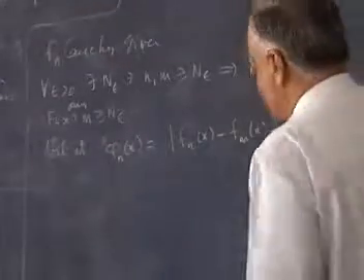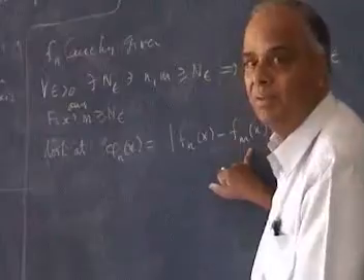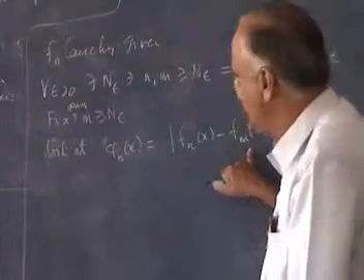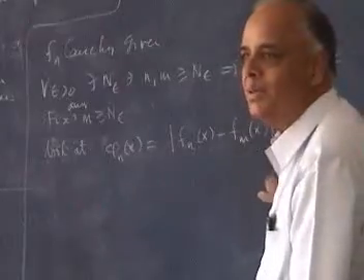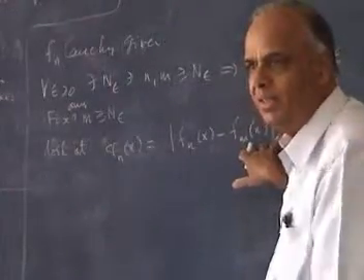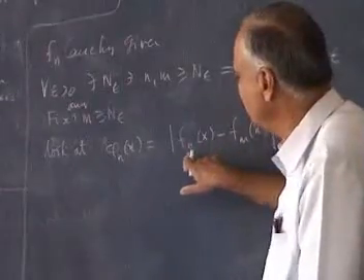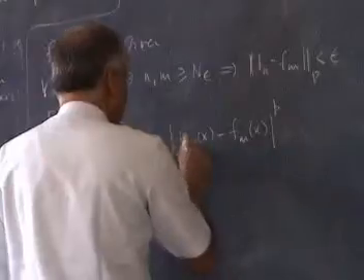Now what happens to this? This is now a sequence in n, because m is fixed. This is a sequence in n. What happens to this as n goes to infinity? This fellow remains as he is, because he is fixed. But as n goes to infinity,